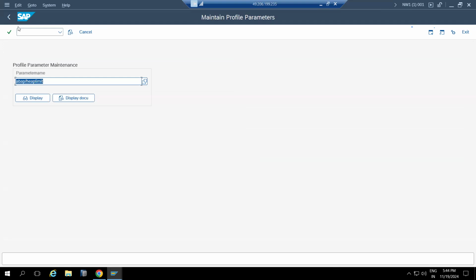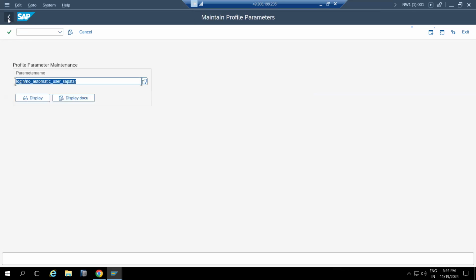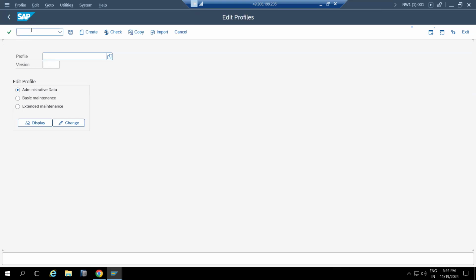So just go to RZ11, enter the parameter name, then click on the display mode, and the value will be displayed here. The current value is 0, right? If 0 means SAP star with pass is allowed. Then if it is 1, you need to go to the RZ10 transaction code,